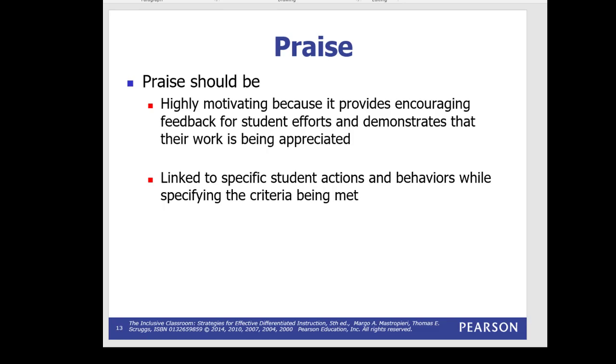And you can make more general types of praise, but you can't just go around giving high fives for the sake of high fives. I mean, you can give a high five for the sake of a high five, but don't do it in the name of praise if they didn't do anything praiseworthy, because that's not going to get the response that you want. If students know that they didn't do anything to receive praise and they get praise, the next time that they get praise, it's going to have a diminished effect. And we're going to talk about this with reward systems.